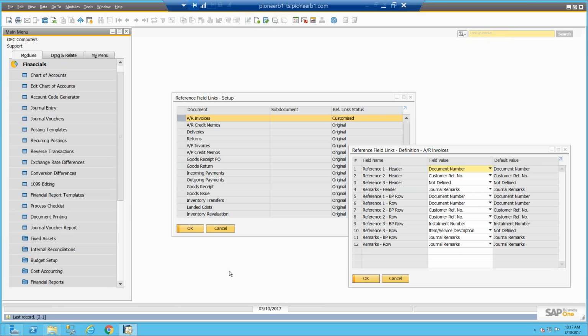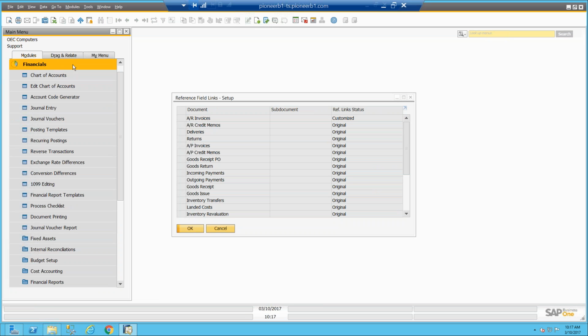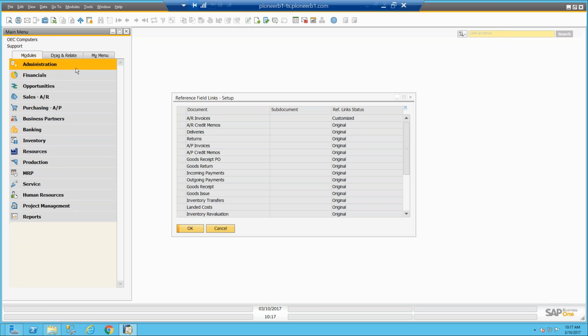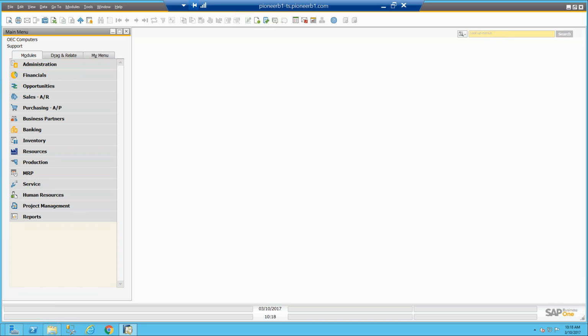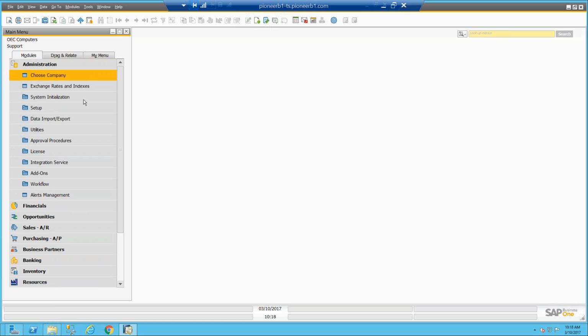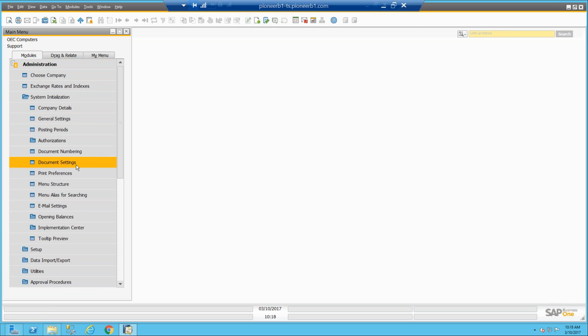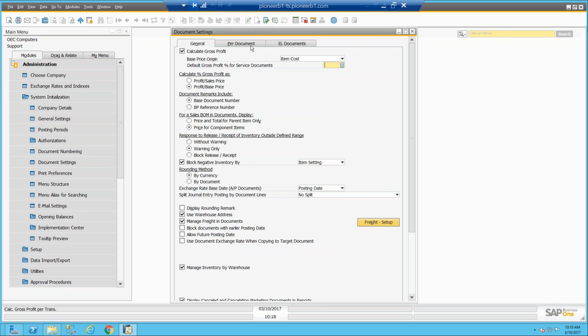What we are looking at now is the ability to have every line of the invoice appear as a separate line in the journal entry, because you may want to see the item code or the item description or the service description or the GL account or you name it in the general ledger, and that will allow you to do that. Although your journal entries will be much longer and it may take a little bit more space on the server. Okay, so the way to do that is to go to the document settings,